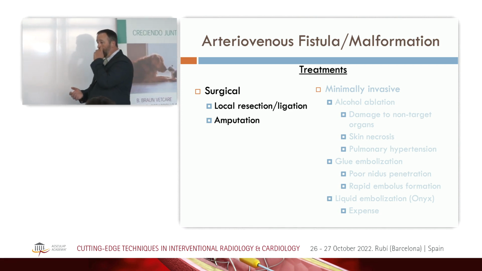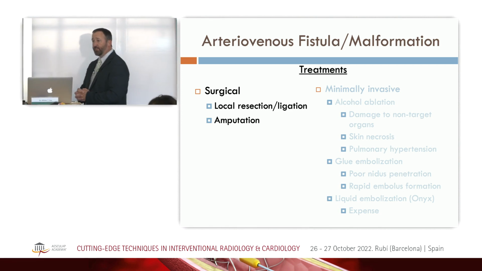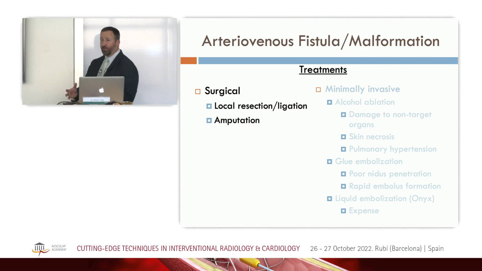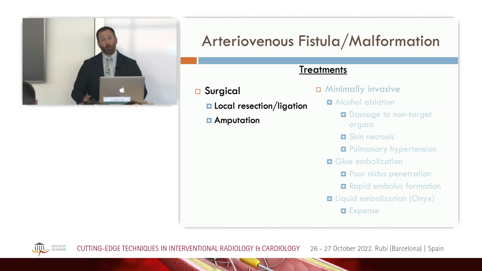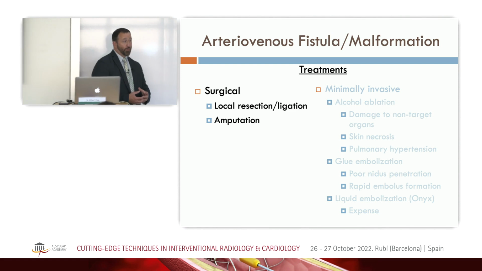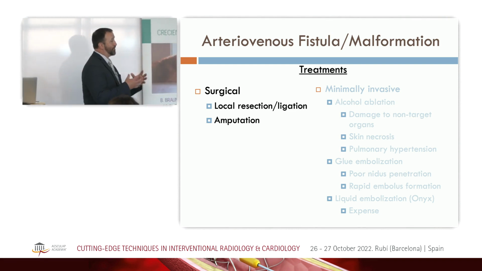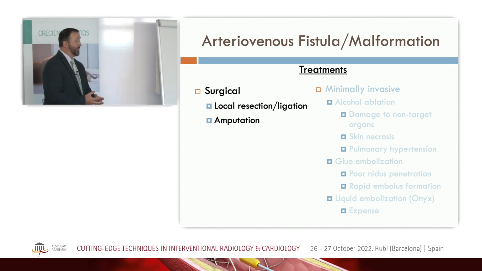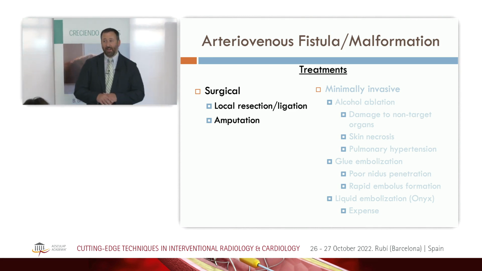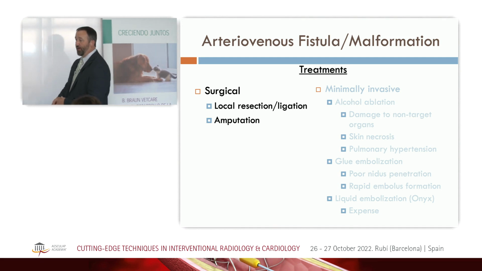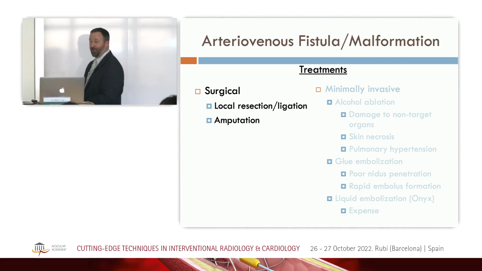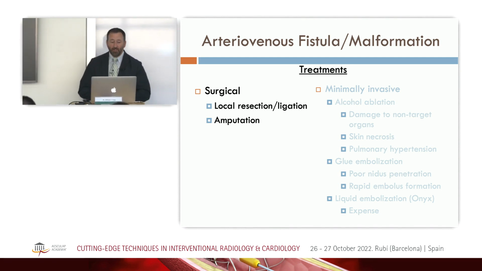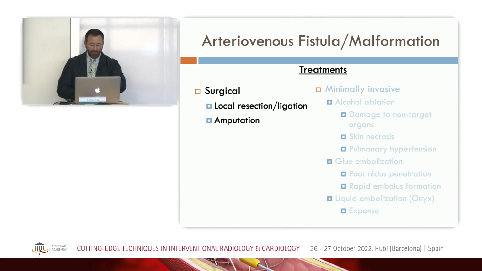You can do a resection. So in these liver ones, sometimes it'll be isolated to a single liver lobe, and so you could just take out that liver lobe. The thing with any kind of surgical approaches to these is that they are incredibly challenging procedures. So if you do it, you want to ideally be far enough away from the AVM that you're not going to make it mad during the process and it just bleeds like crazy, because it's really hard to stop them from bleeding. So if you're truly at the level of the AVM, that is a challenging procedure. If you're away from it, where you can take a whole liver lobe out or you can do an amputation,